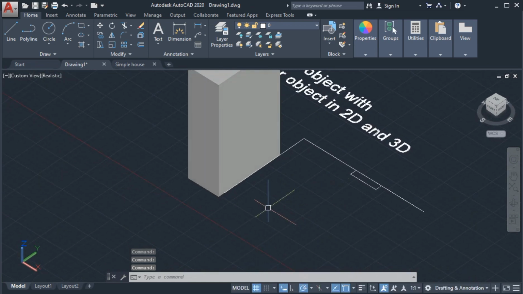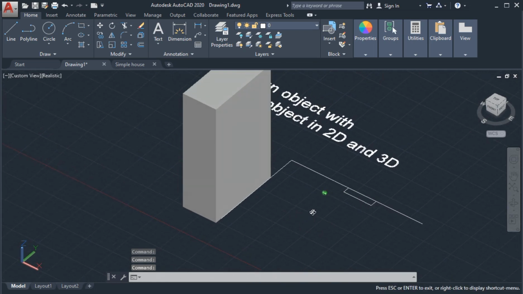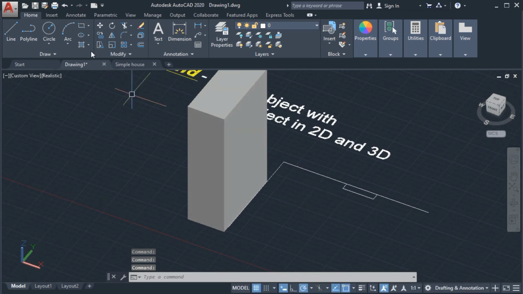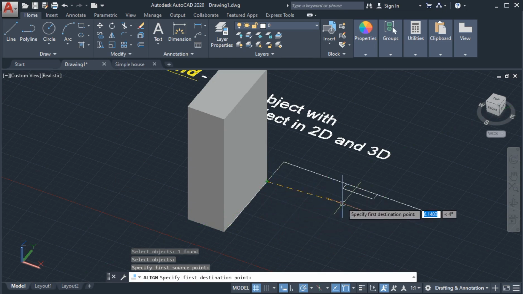Okay, so next we are going to use the scale object option. So we'll select the align command in the modify panel, select the object, enter, and for our source point, we'll select here, and we're going to use this object, the one that we scaled in 2D, for our reference point.